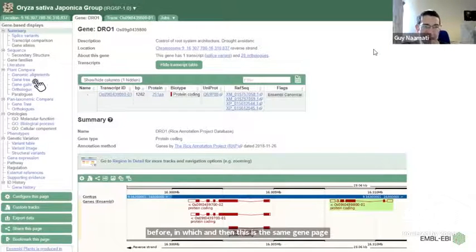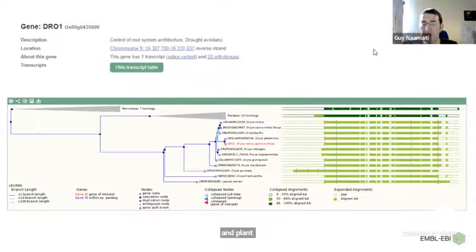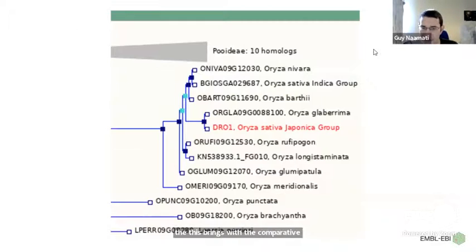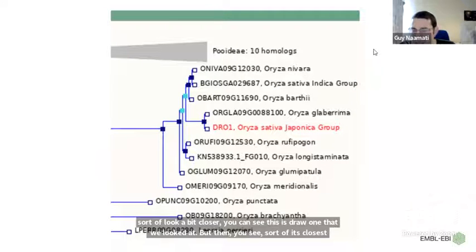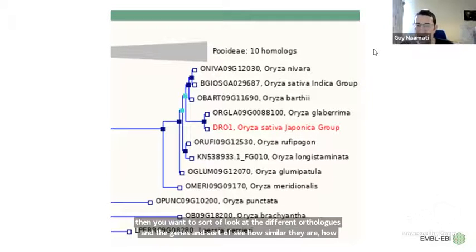And here on the left you have plant comparative gene tree, and this brings you to the comparative gene tree. If we look a bit closer, you can see this is DRAW1 that we looked at, but then you see its closest orthologs: Oryza glaberrima, that's African rice, and you also have a few other wild rice relatives, Oryza indica. This is obviously very useful information, because then you want to look at the different orthologs and the genes and see how similar they are, how different, and this is a really nice way to start